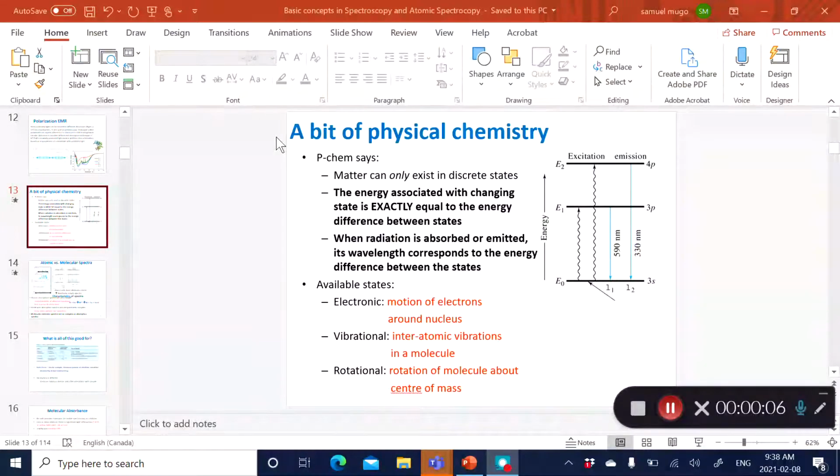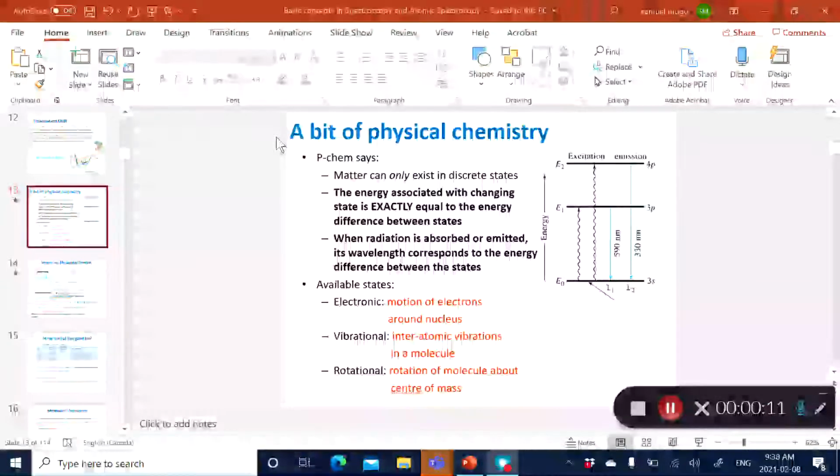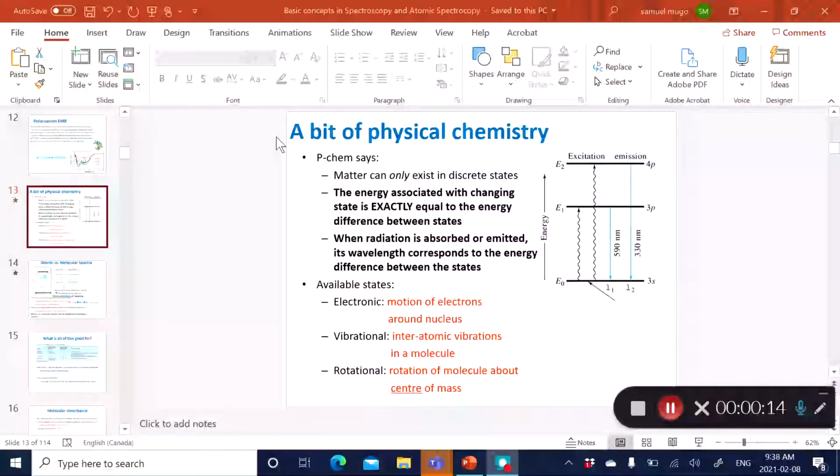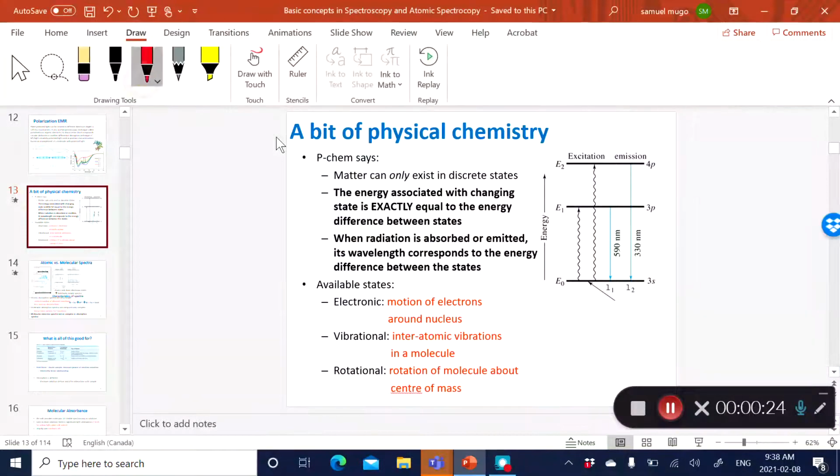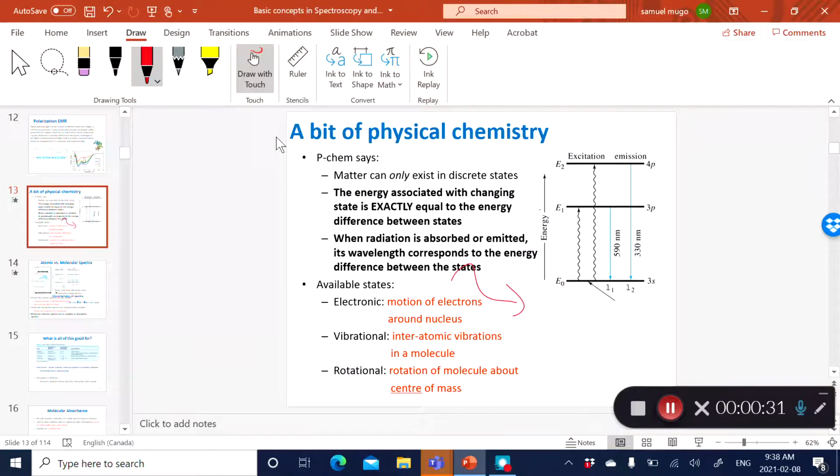Continuing on the theory of spectroscopy, I think it's important for us to talk a little bit about physical chemistry, especially quantum chemistry, because that's the basis of spectroscopy. Now, for light to be absorbed by a molecule, the energy incoming from the light needs to be equivalent to the energy gap between the electronic states where the electron transition is going to take place. And so the energy of the radiation being absorbed needs to correspond to that energy gap where the electronic transition